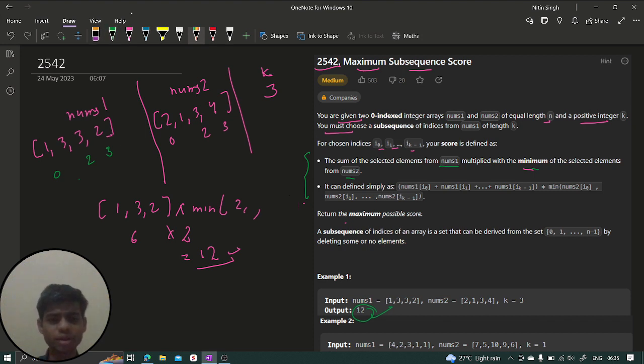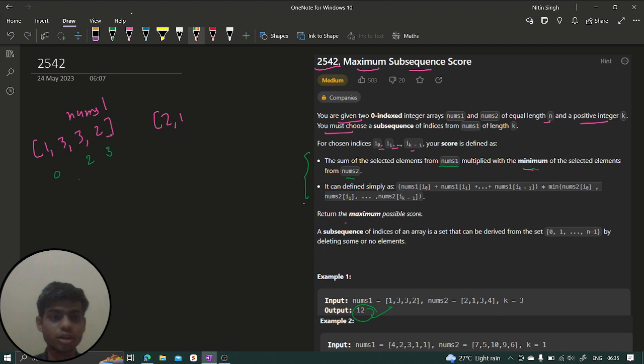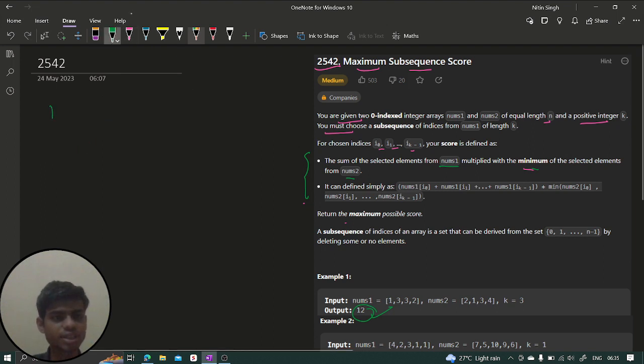Now let's see the logic part. I hope you understood the problem, right? Because if you did not understand the problem first, you will not be able to understand the logic. So understanding the problem is the first thing. Fine. Now guys, we are going to understand the logic part, and the logic is going to be really very easy. Believe me, logic is easy, but